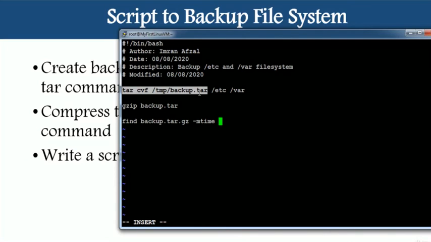So that would be, I'm saying find backup.tar.gz -mtime -1, meaning if it was created today, not yesterday. I don't want to send yesterday's backup file. -type f -print and then ampersand